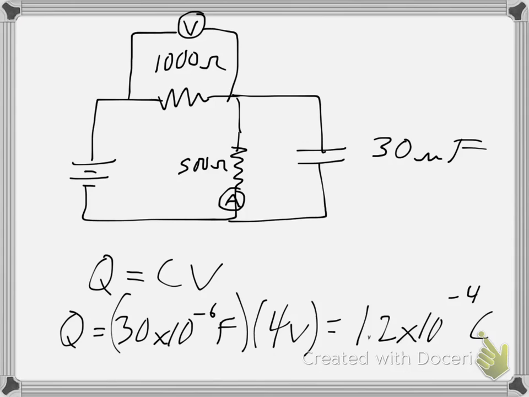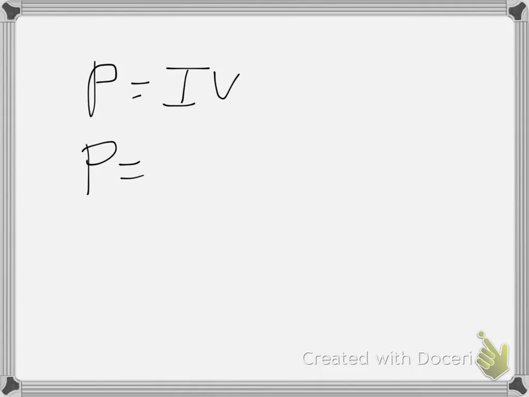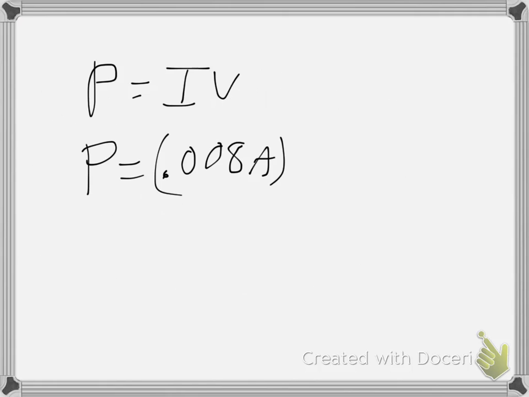Alright, next thing we want to know, what is the power dissipated in the 1000 ohm resistor? Well, power is equal to IV. So we know the current in the 1000 ohm resistor. We solved it right there. So it's going to be 0.008 amps. And the voltage across that resistor is going to be what the voltmeter we drew earlier will measure, which is 8 volts. So that power is going to be